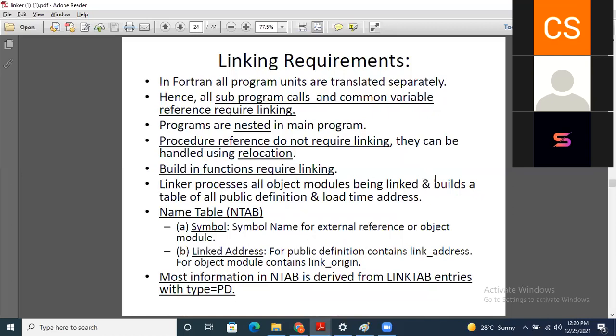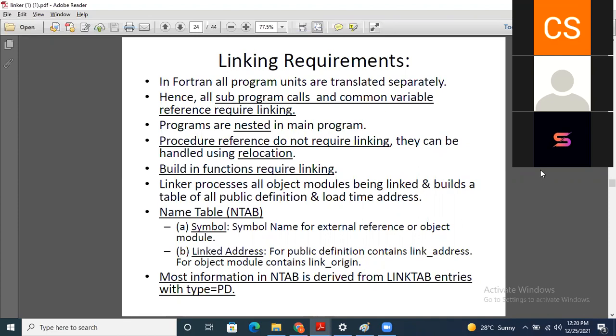Okay, so next is the linking requirements. So the linking requirements, definitely we know that linking we perform between the different programs.